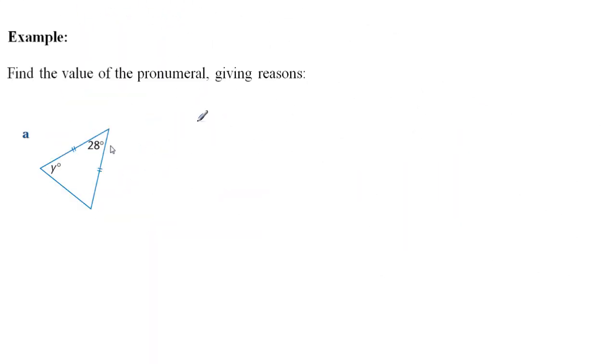We can use the properties or characteristics of triangles to work out the size of missing angles. In this particular triangle, we need to find the value of this pronumeral y and give reasons why we have that particular value. The first thing to notice is that it is an isosceles triangle because this side is the same as this one. So the reason we need to write down is that the third angle